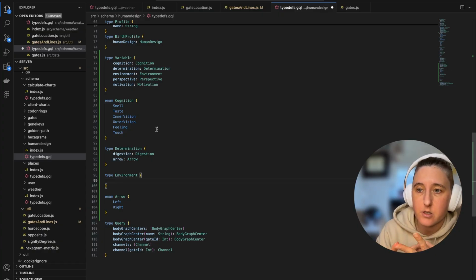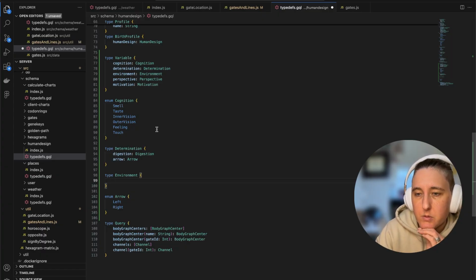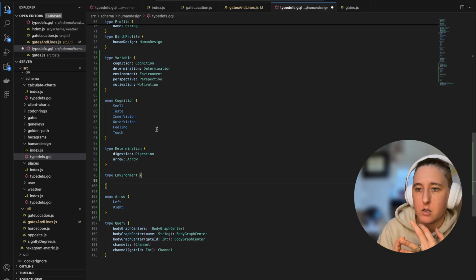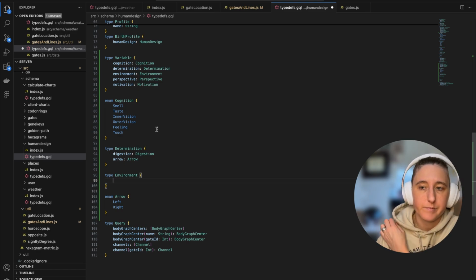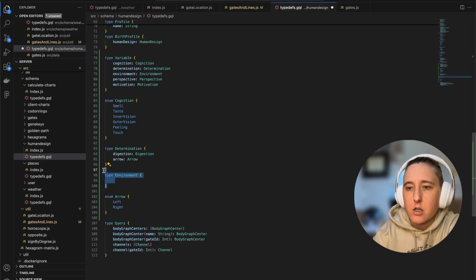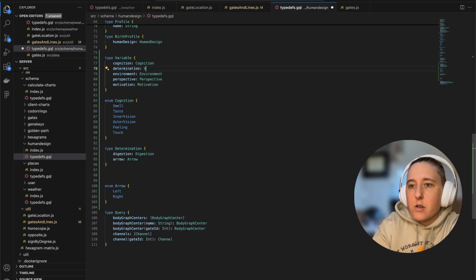It has cognition and determination or digestion, and then the other three are kind of the same, but each one has a color number, a tone number, an arrow, and then also a type and a subtype. So let's just make a generic variable type. I'm going back and forth here, but